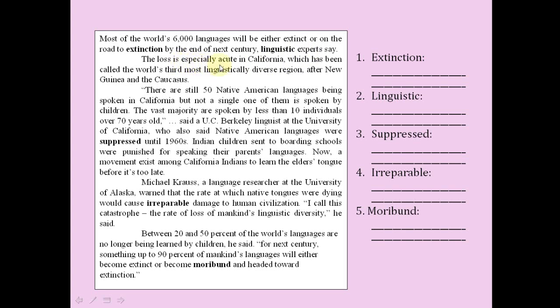The loss is especially acute in California, which has been called the world's third most linguistically diverse region, after New Guinea and Caucasus. There are still 15 Native American languages being spoken in California, but not a single one of them is spoken by children. The vast majority are spoken by less than 10 individuals over 70 years old, said a UC Berkeley linguist at the University of California,